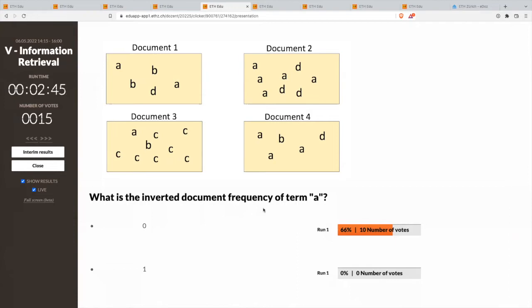Okay, do we have in the chat a remark? Question. Could you please explain again why we use the logarithm for inverted document frequency? Yes, that's a good question. So indeed, we could also just have used the inverse, right? N over the document frequency. I think it has to do with smoothing a little bit, because